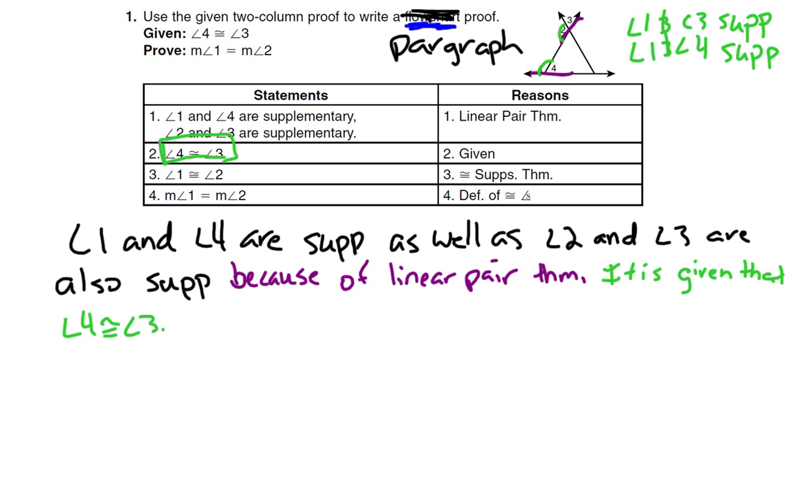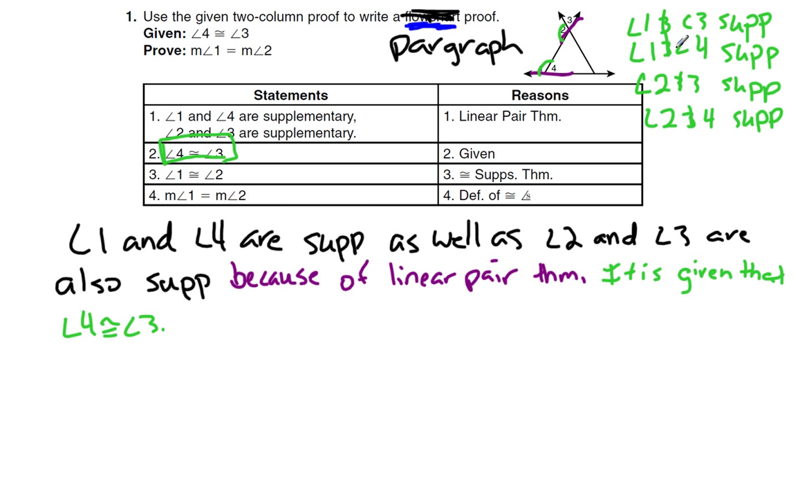So we can just keep going here. We can say 1 and 3 are supplementary, 1 and 4 are supplementary, angle 2 and 3 are supplementary, and 2 and 4 are supplementary. Okay. So now if we can look at the comparisons,